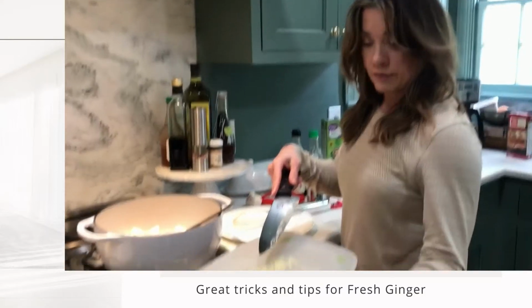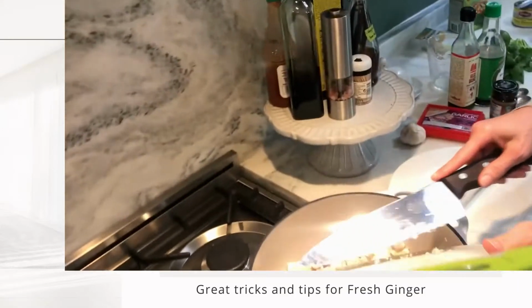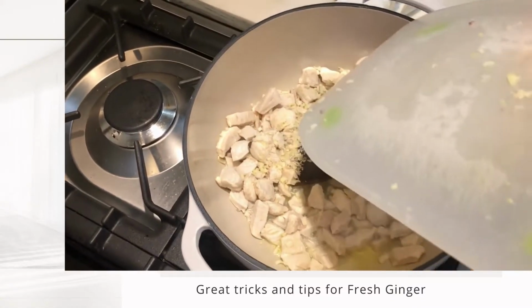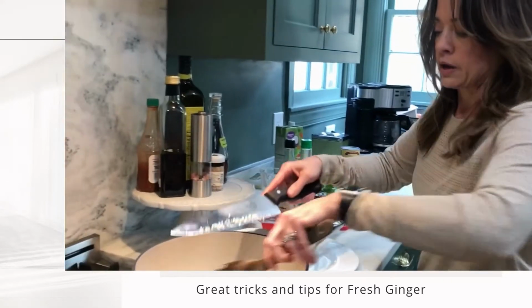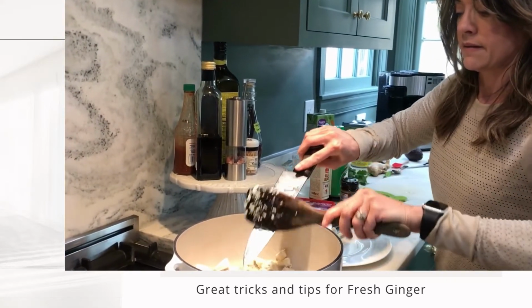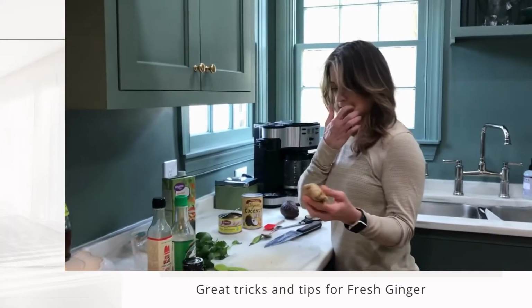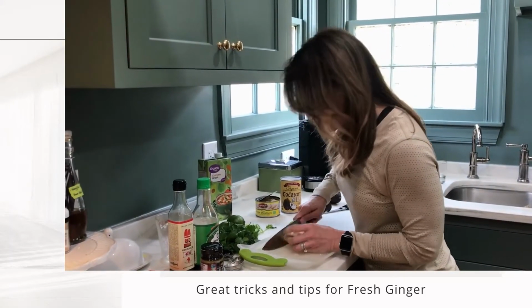Okay, so you can see that I've chopped up the lemongrass really fine, and I used about 1 inch or so of the stalk. I'm just adding all of that into the soup, and then we're going to do the ginger next, which is yummy. Okay, so you're going to take your ginger, cut off about 1 inch or so,